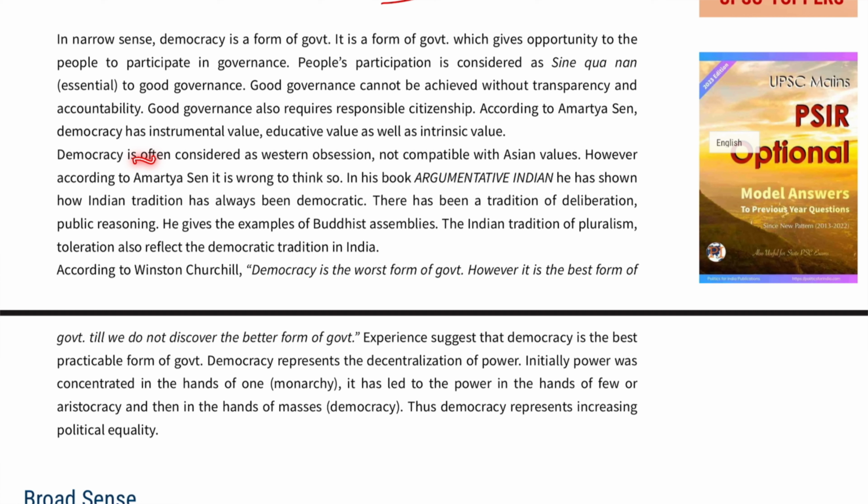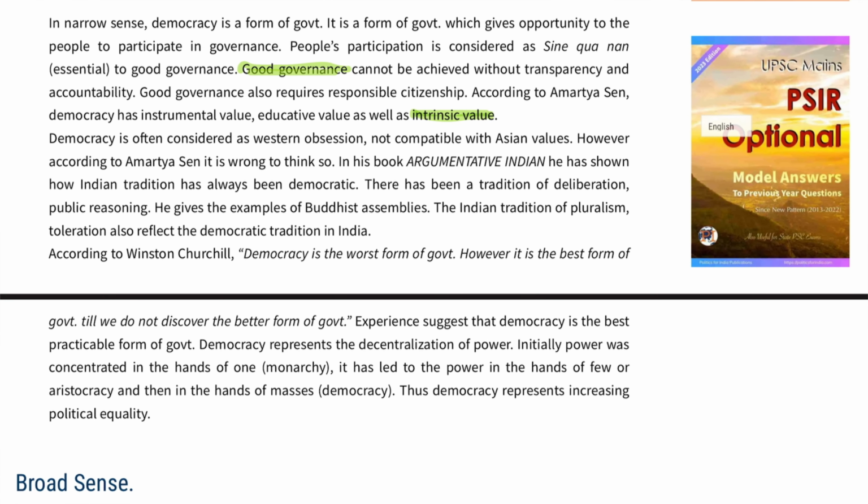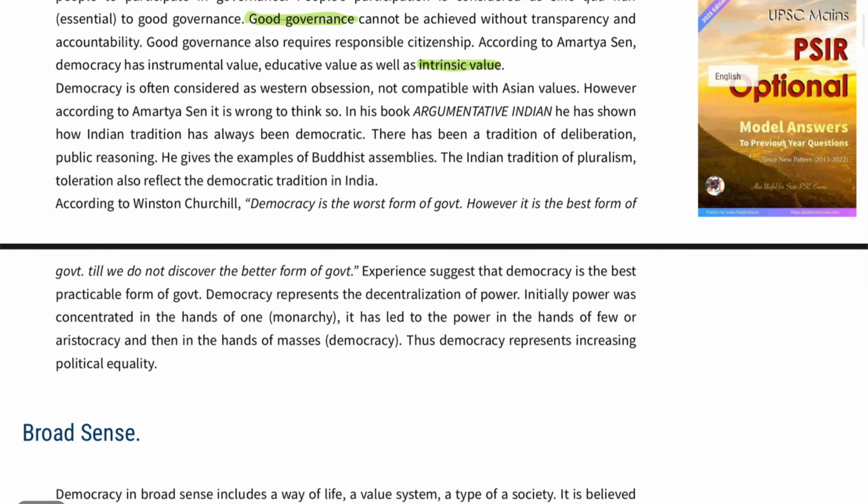Okay, democracy is often considered as intrinsic value. Why didn't we highlight yet? That way we wouldn't have to make the notes like that. Form of government. Anyway, democracy is often considered a Western obsession and not compatible with Asian values. This debate, the Asian values versus the Western construct or Western obsession,